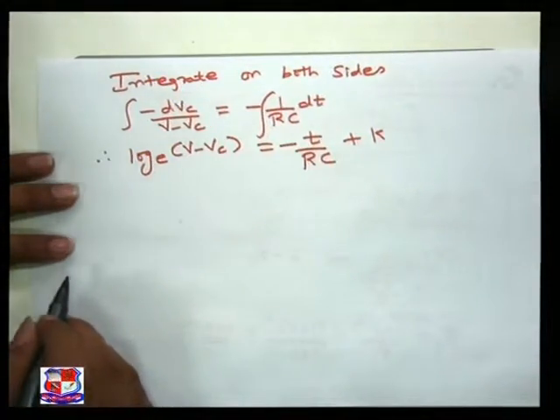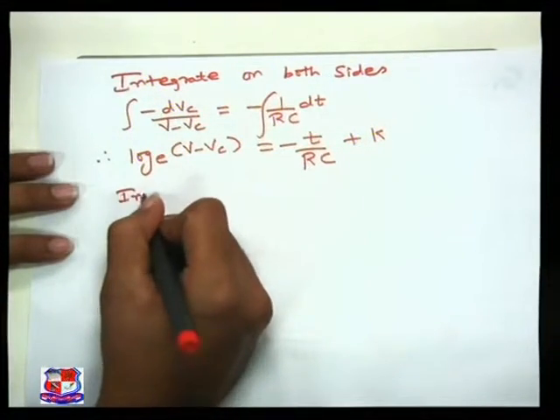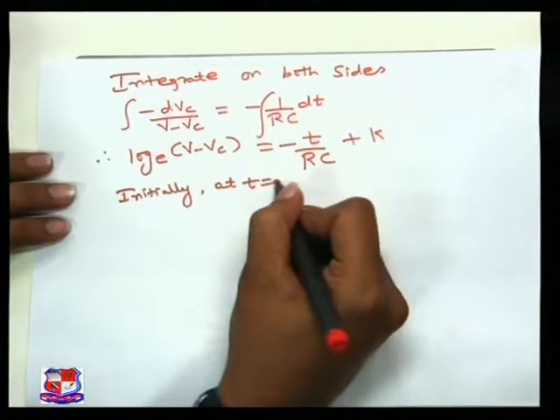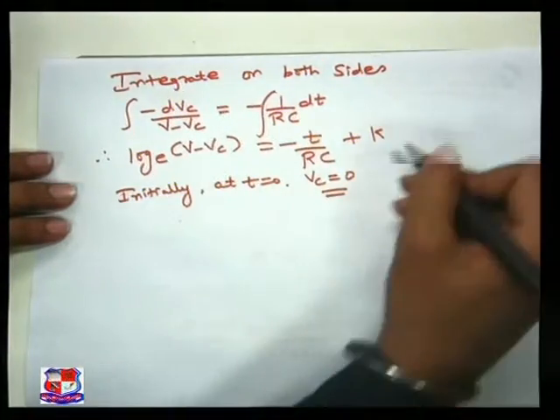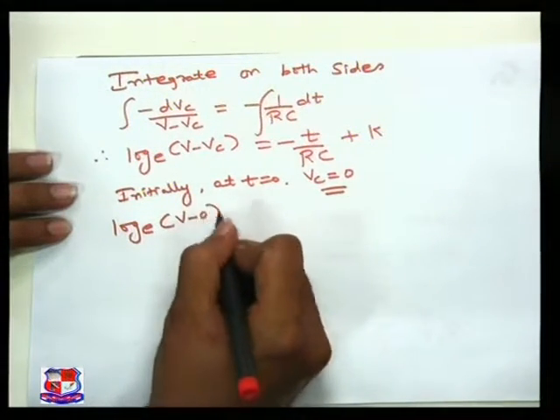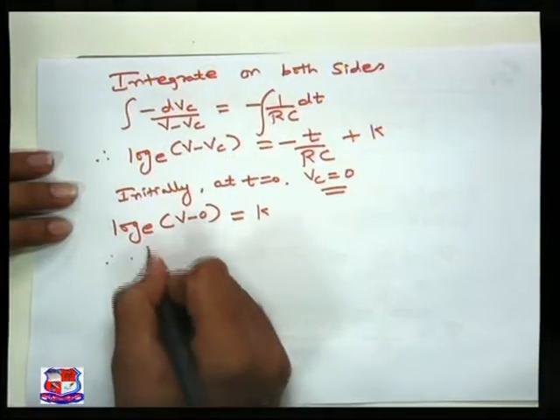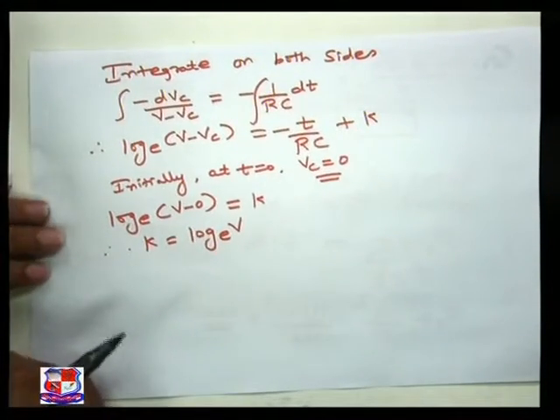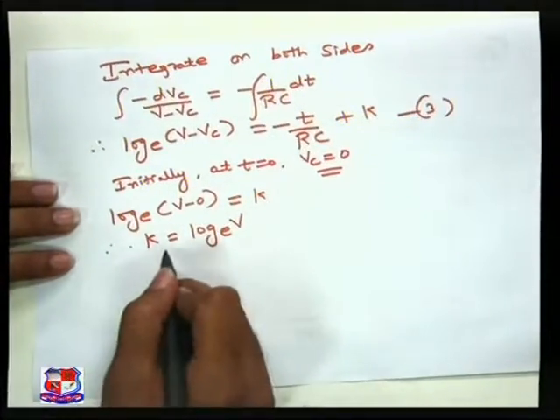Now if we have the initial values, we can solve for K. We can find the value of K. So initially, before the switch is closed, at t equal to 0, VC is 0. So I am putting in this equation log e of V minus 0 will be equal to K, since t is 0. Therefore K will be log e V, right? So you can name this as equation 3, and now putting this value of K